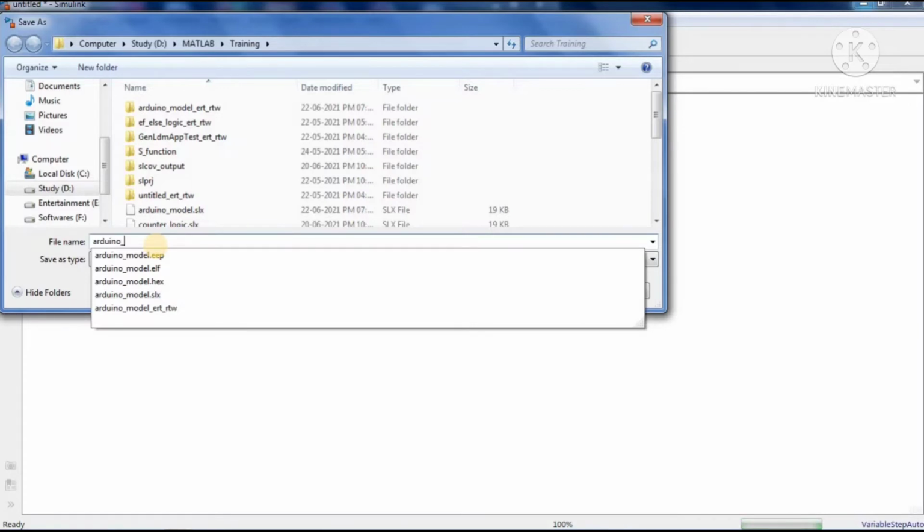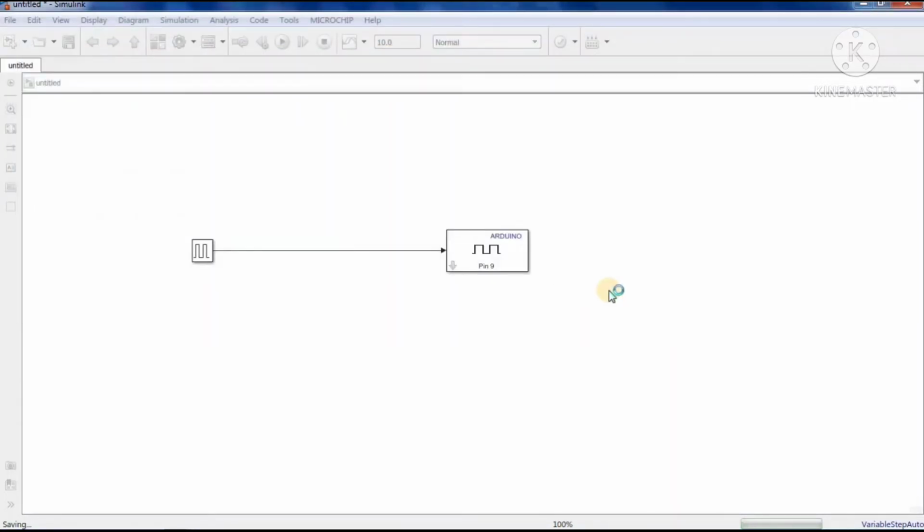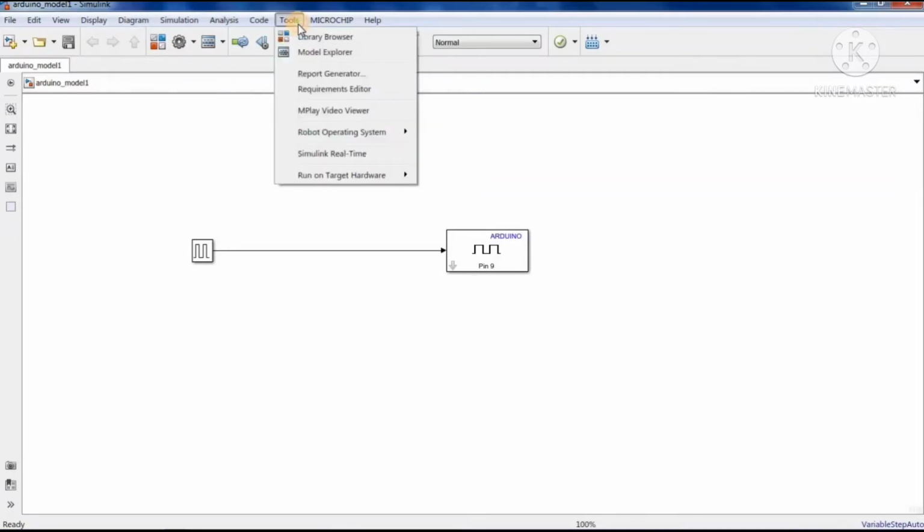I already have Arduino model 1, and save it. Once you save, you require some additional settings. After that, go to Tools, go to Run on Target Hardware, and select Prepare to Run.